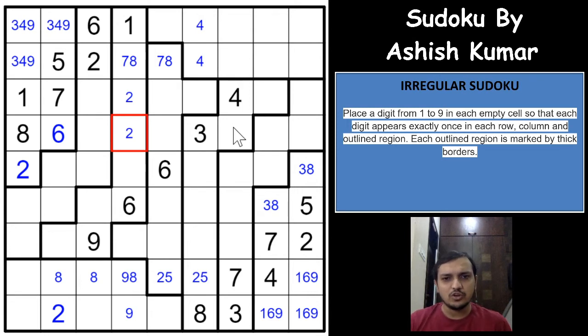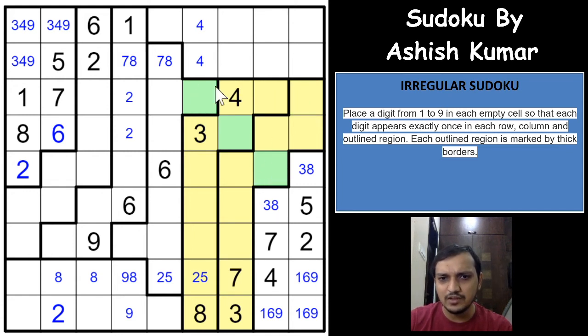So the logic that I was talking about is a very good logic here. Whatever digit you have here, in R2C6, that digit will have to appear in this region. Let me shade this region. Superb, right? And whatever digit you have here in this region, that digit is already here, so it cannot be here as well. That digit will have to be here.